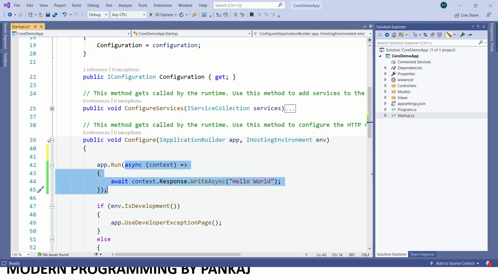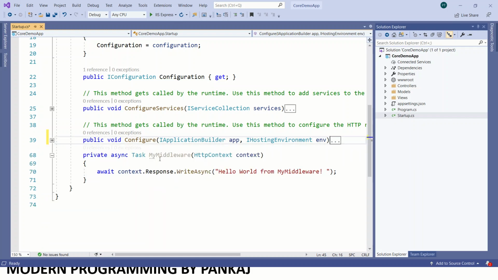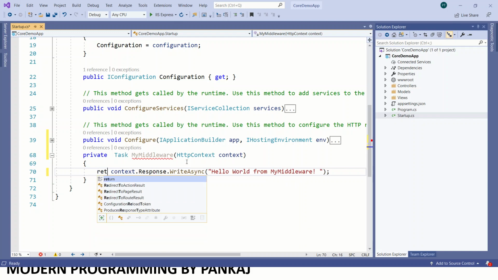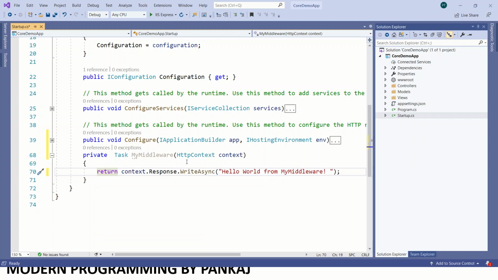Suppose I write one more class. See, this is one more middleware, a simple middleware. It will just return the context.